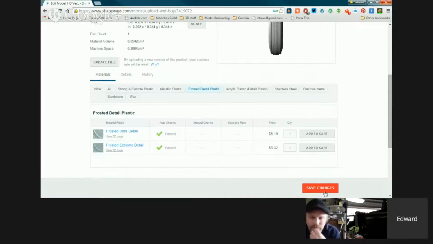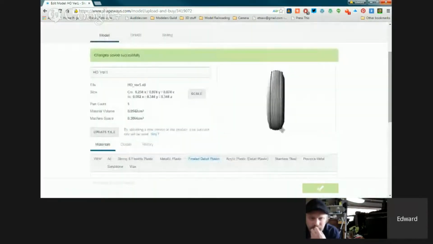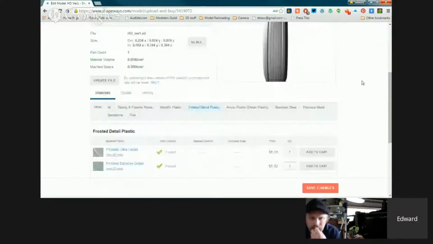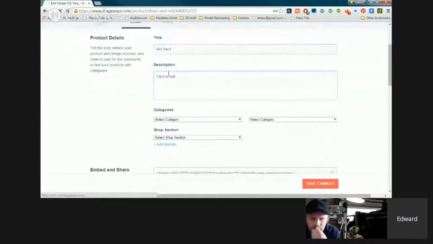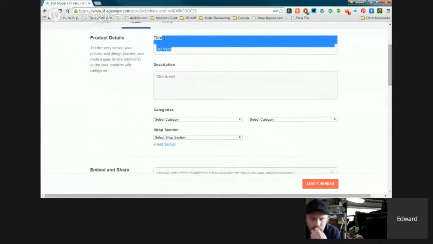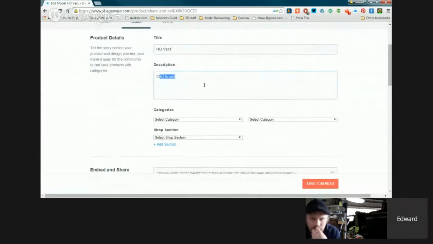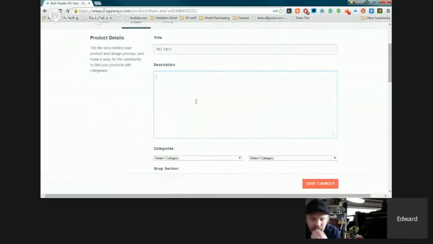So when I finish that, I'm going to go save changes. Now, no, I'm not going to sell this tire. That'd be just stupid. But we're going to go through the little thing. We go to details. Now, of course, you want a better title than HO1. You want a description and all that, right? You select